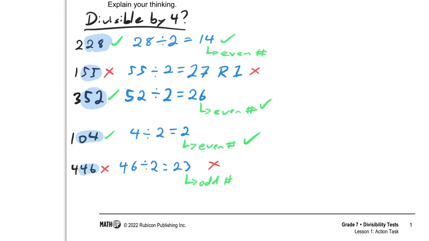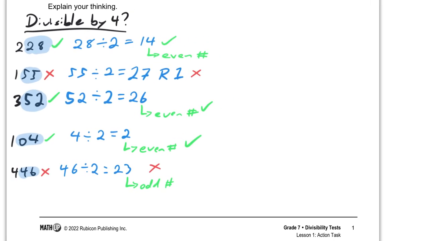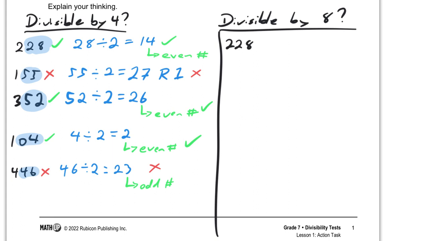Let's look at the same numbers and see if they are divisible by 8. Now, since all multiples of 8 are just doubles of a multiple of 4, all I need to do is divide this by 2 and see if I get a multiple of 4. If I do get a multiple of 4, then I know that the first number is divisible by 8. So let's see, what do we get when we divide 228 by 2? We get